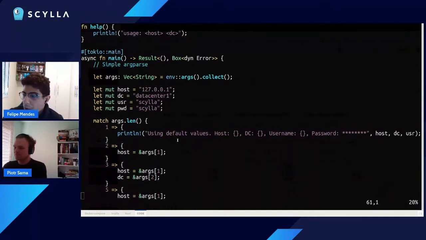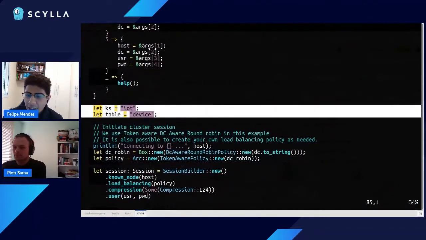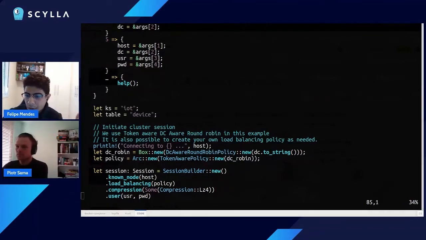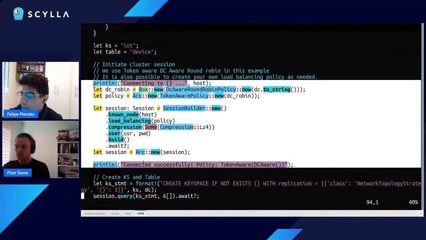Okay, so the next step that we do is to define the keyspace and table that we are going to write our data to. We chose IoT and devices as their names respectively. Okay, what we do next is to initiate a cluster session,